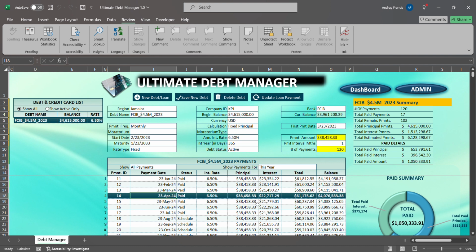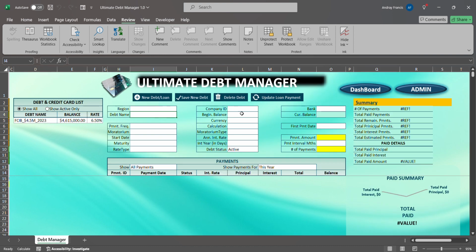Here shows you basically a summary of what is happening, right? If you wanted to enter a new debt, all you need to do is hit new debt. It clears everything out and gives you the chance to enter a new debt. So let's say the region is Cayman. The debt name is DEBT